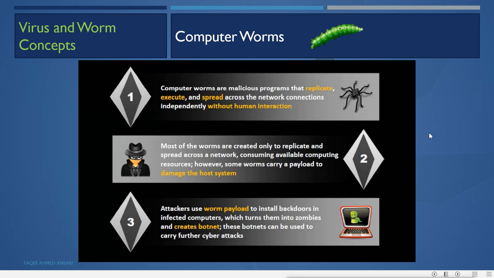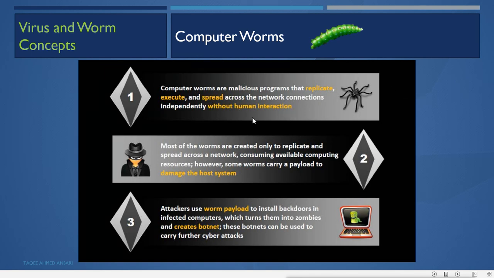when you copy the infected file from one machine to another, or from one hard disk to another. Suppose you have two hard disks in the system. If one hard disk is infected with a virus, then it will not go automatically to the other hard disk unless you copy the file, and it will not travel to the network also. On the other hand, computer worms are the same as viruses, but what do they do?